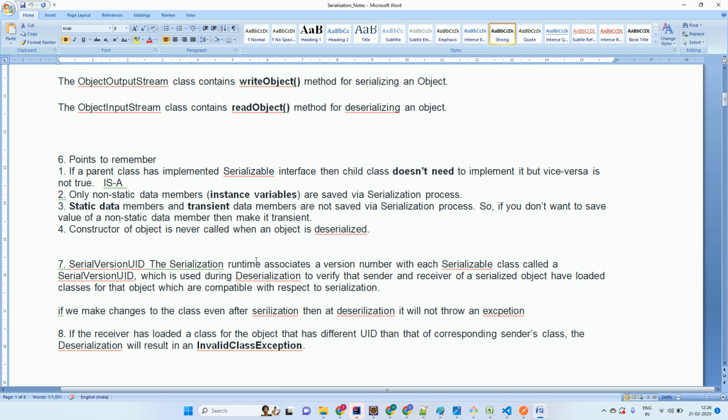If a parent class has implemented Serializable interface, then child class doesn't need to implement, but vice versa is not true. Only non-static data members, that is instance variables, are saved via serialization process. Static data and transient data members are not saved. So if you don't want to save value of a non-static data member, make it transient. तो स्टैटिक तो बाय डिफॉल्ट सेव होगा नहीं, और नॉन स्टैटिक को अगर आपको सेव नहीं करना है तो ट्रांजिएंट